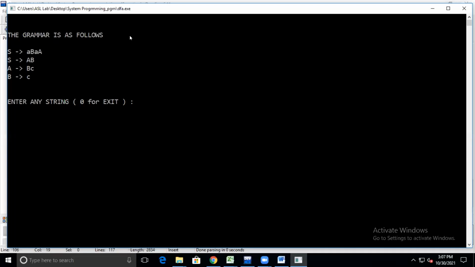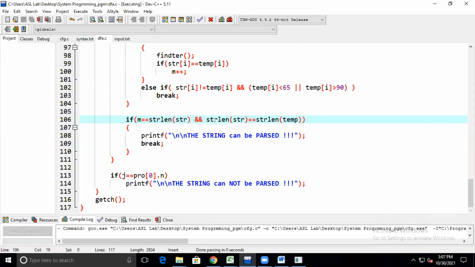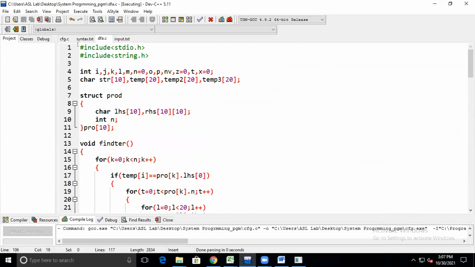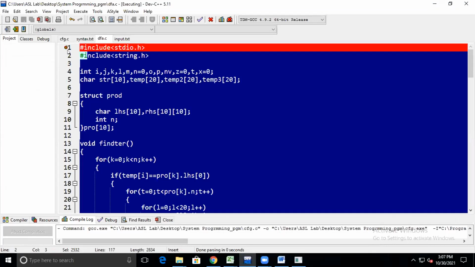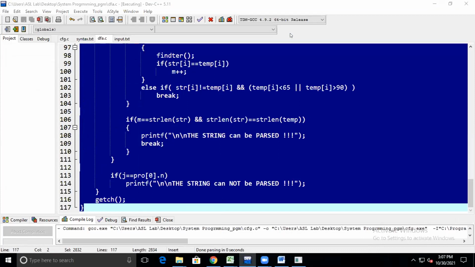So finally I will provide you the code. You have to run that program and tell me what the output actually is. This is the actual grammar I am going to follow, and I need to provide a string which is going to be parsed. Okay, fine. I will provide you with the code, but simply you have to give me the output.